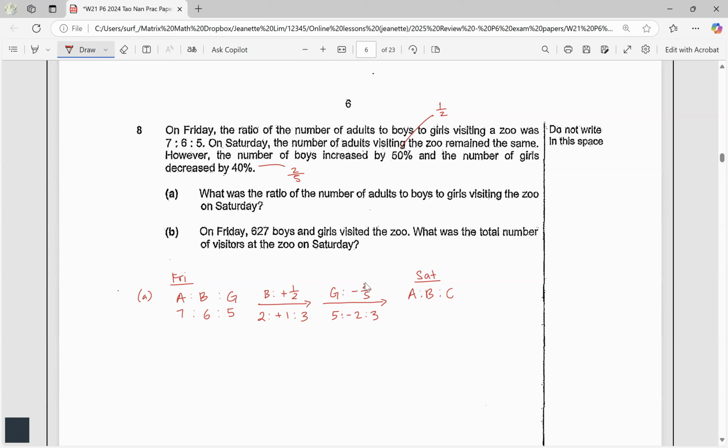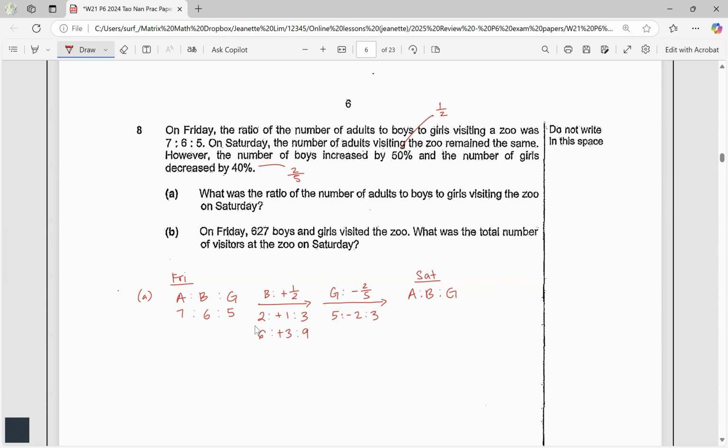With the information given here, they said that the number of adults remains the same, right? But I'm not going to write 7 here yet because I need to find my common base across all the ratios. This is at first adults, boys, and girls. This is the ratio for boys, and the common base would be the boys at first. This 2 here is supposed to represent the same thing as this 6, right? So I'm going to change this 6 and 2 to make it the same. I have to change the 2 into 6, so I times 3